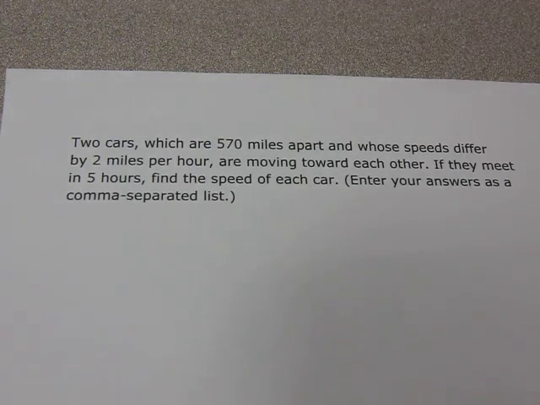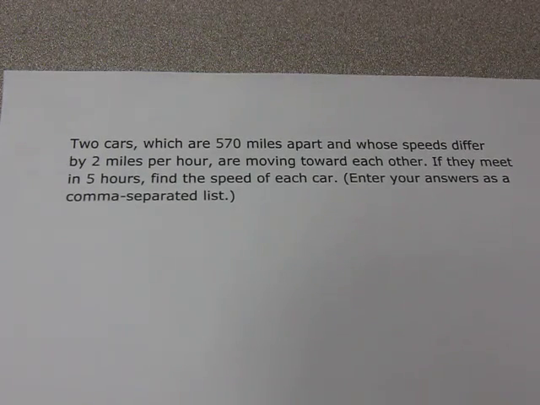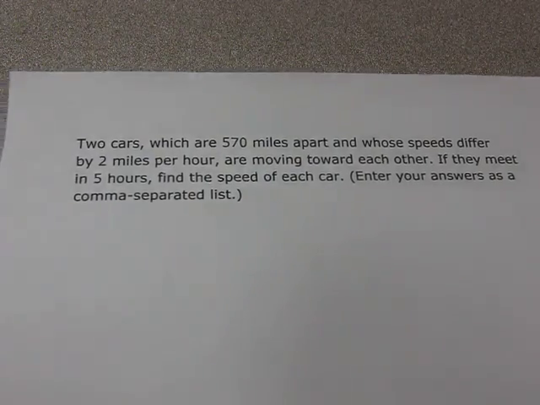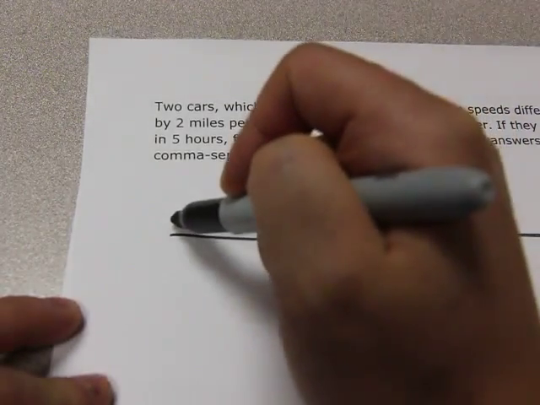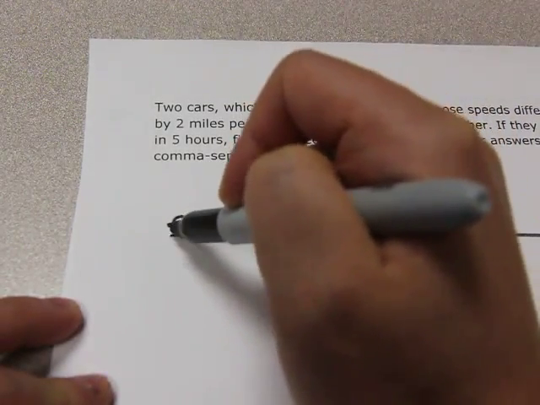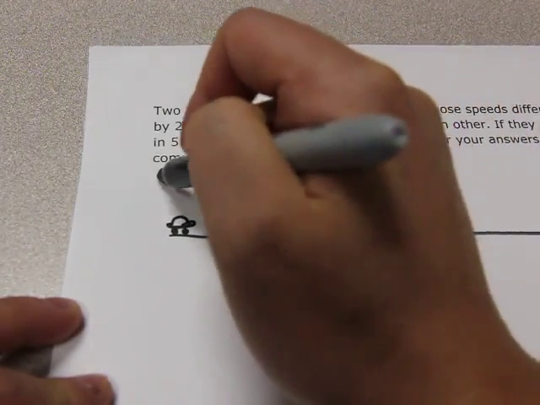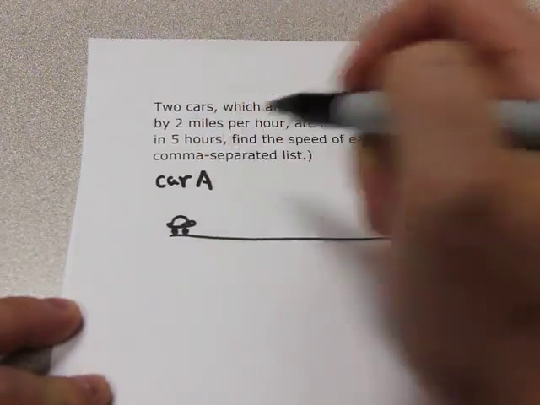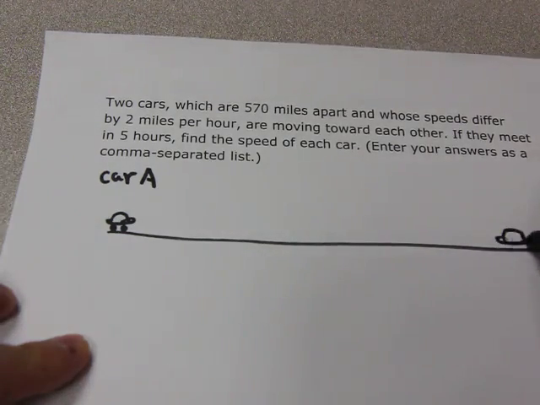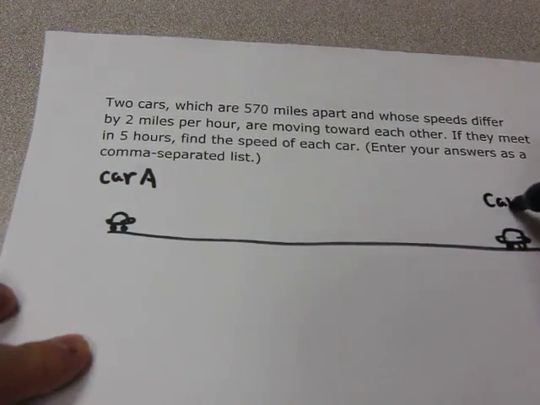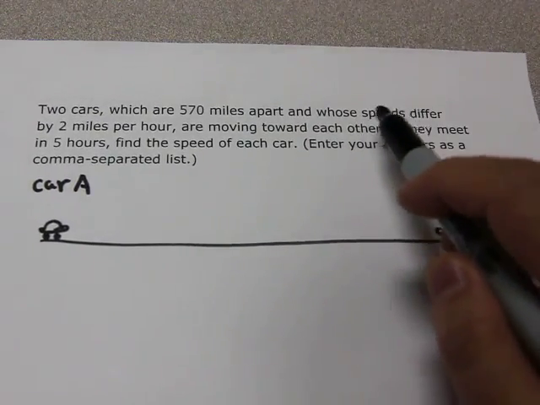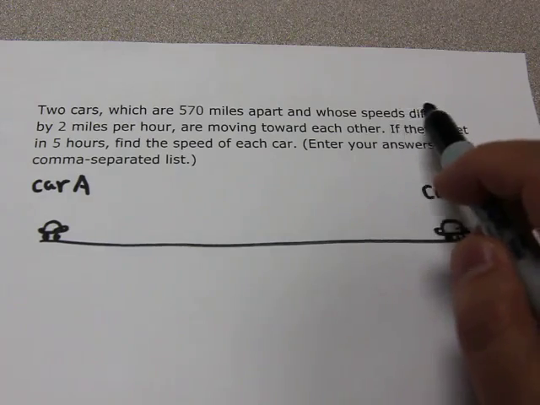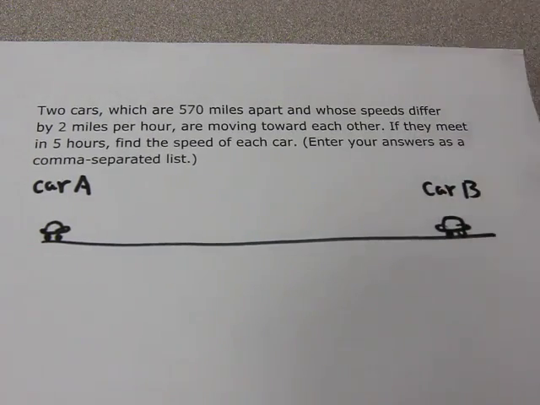Now in this problem, there are two unknowns. And the unknowns are the speed of each car. So if we call them, this is car A, and this is car B. Since the difference of their speeds is 2 miles per hour,